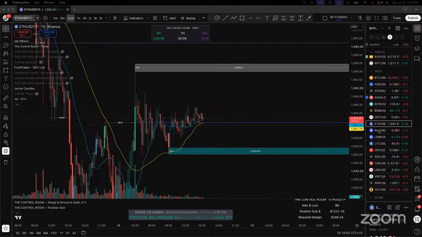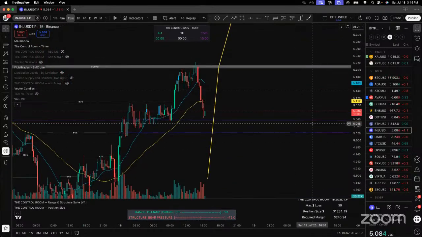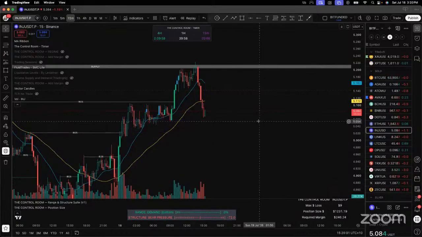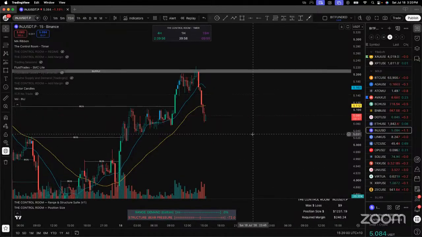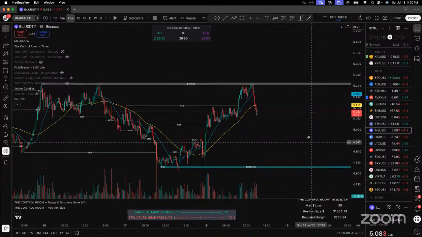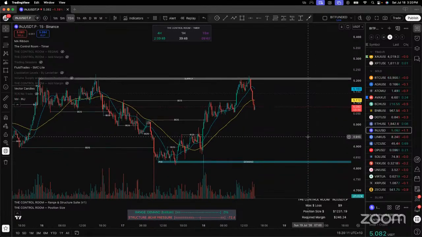What else have we got? We were looking at Injective. Someone took a short before from supply. Lovely looking short. How far is it going to go? So that now is a higher high. It's making a higher low at this stage. Transition's complete. If you're not sure about the transition, come and join our Discord, jump in the live Zoom, upgrade to Scout, and we can teach you the system.